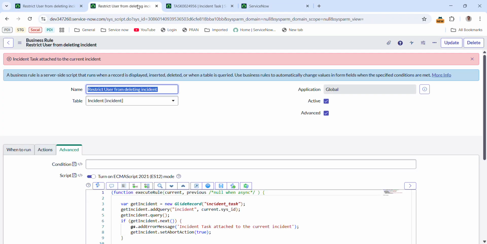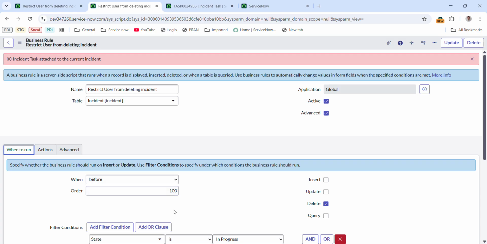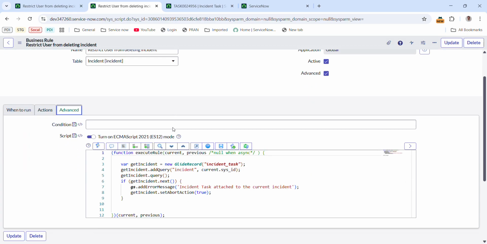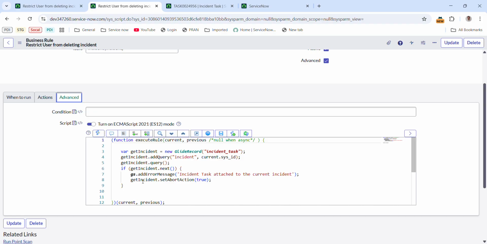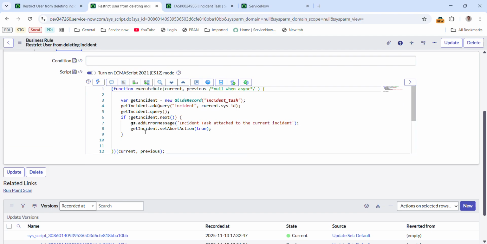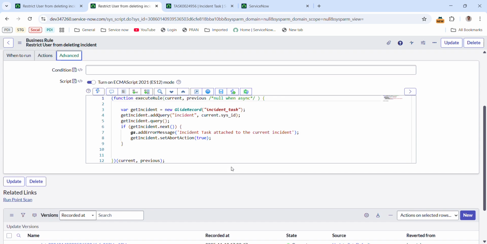Let us figure out why it got deleted. When the state is in progress, get incident, setAbortAction true. Okay, we have all the conditions met. If the task is fine,